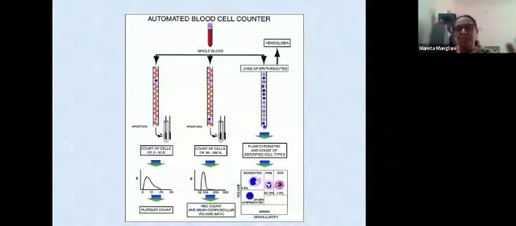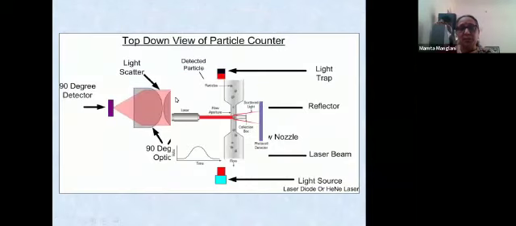Slides, but this is just a basic principle on which the counters work. This is the light scatter principle, which shows a forward scatter as well as a sideward scatter. I'm not going into details, but a laser beam interrupts the cell, which then scatters the light. And based on the type of scatter, the photocell detector will tell you what cell it is, based on the computerized interpretation.